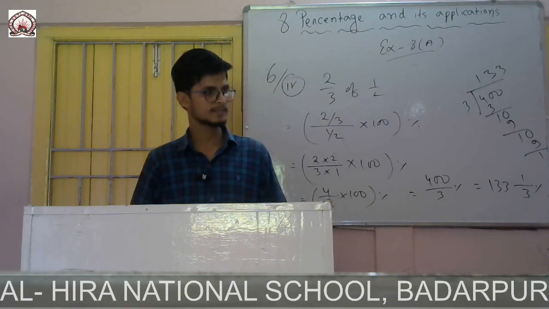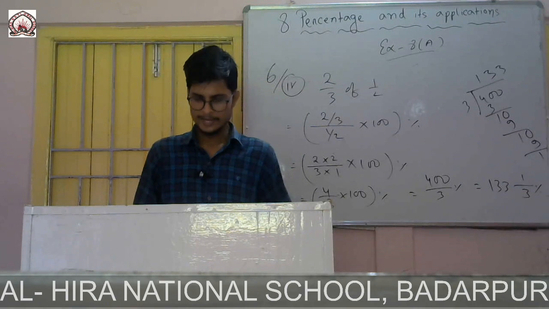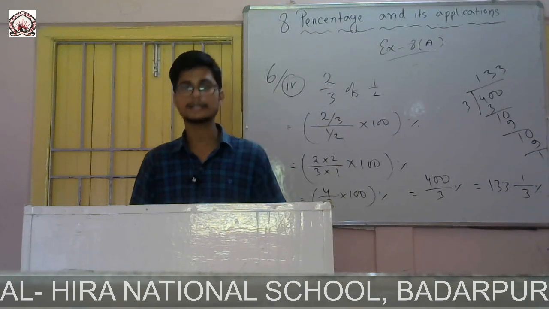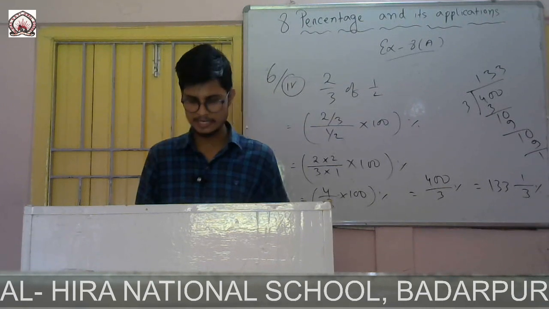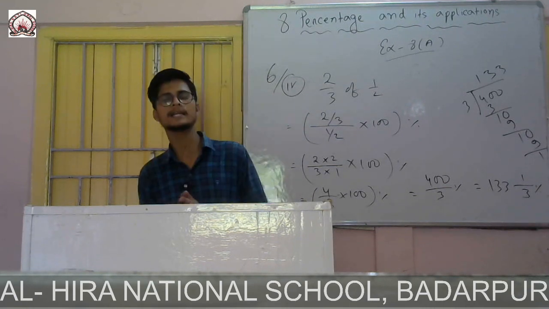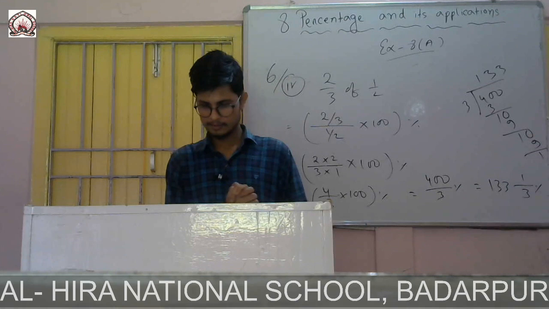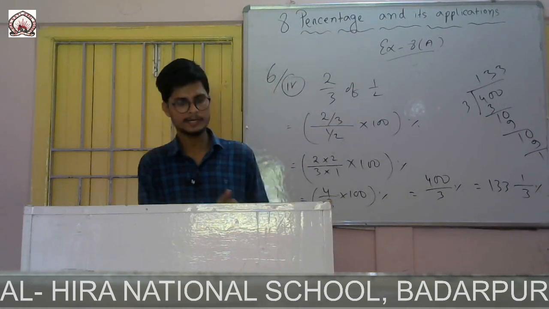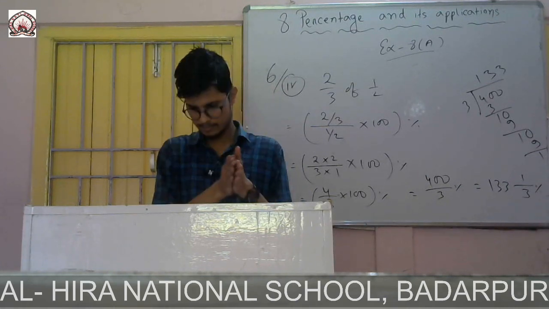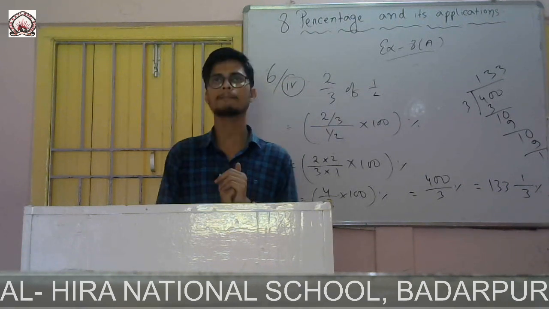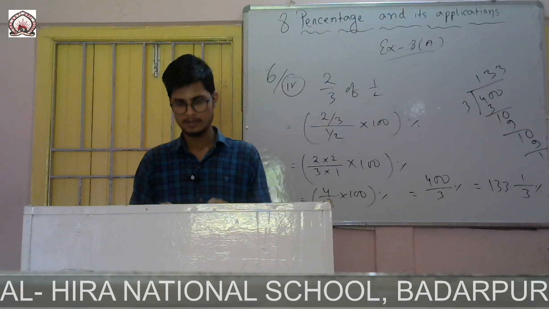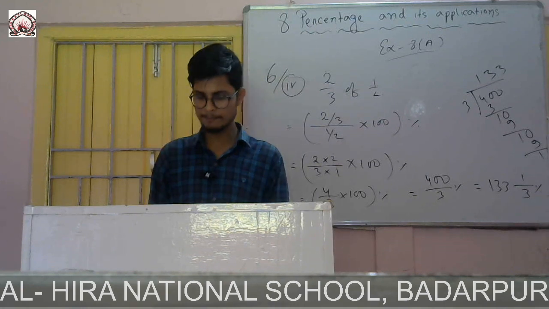Now question number 7. If 14% of a certain number is 63, find the number. So question is given that 14% of a certain number. So what will you do? You will write that the number be x. So you see question number 7, both Roman 1 and Roman number 2 are the same. First one, it is given 14% of a certain number is 63.